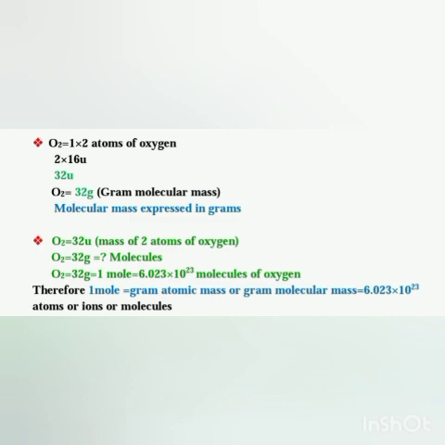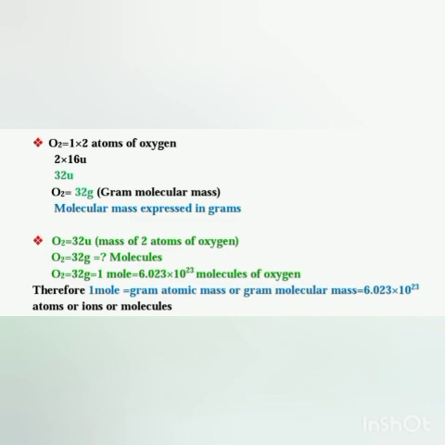Understood till here, everyone? Now, if you see the definition of mole, it says that 1 mole is equal to gram atomic mass or gram molecular mass. Now consider this example, the oxygen molecule, written as 32U. It means that the mass of one molecule of oxygen, or two atoms of oxygen, is 32U, 32 atomic mass units. But if I write it in the form of gram molecular mass, it will become 32 grams.